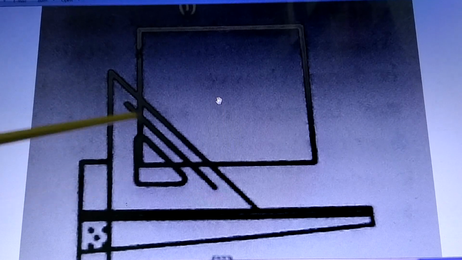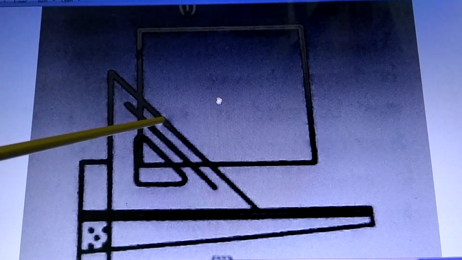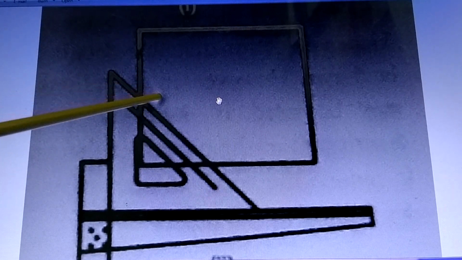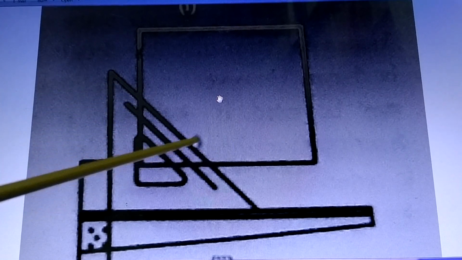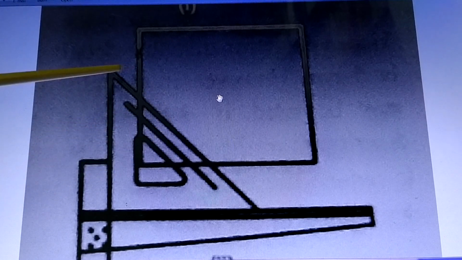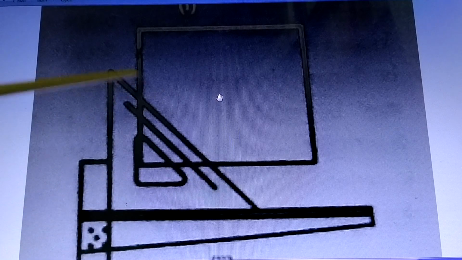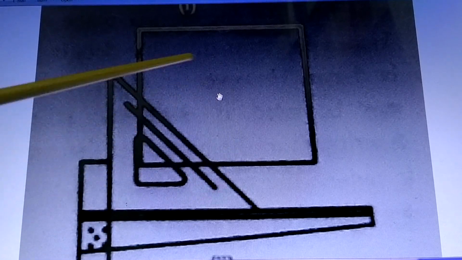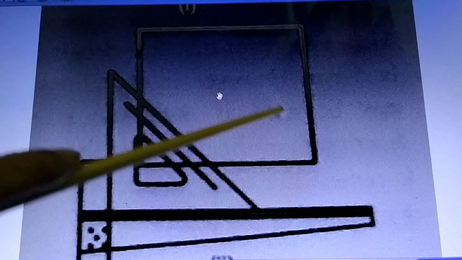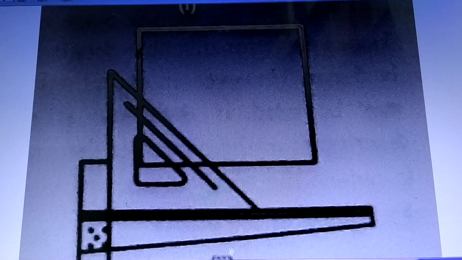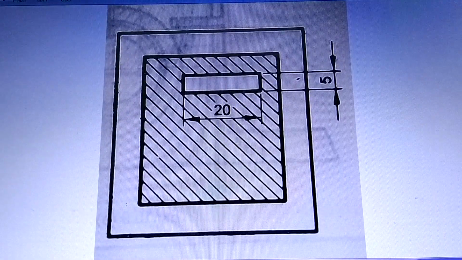Then you shift it forward so that this line will align with the line which you have drawn, and this edge will move forward so that you can draw one more line here. Like that, you go on moving this forward, go on matching this line with the line which you have drawn, and use this edge for drawing the new line. Like that, you will go on drawing lines one after another, and they will be at equal distance. So this is one method which can be adopted.